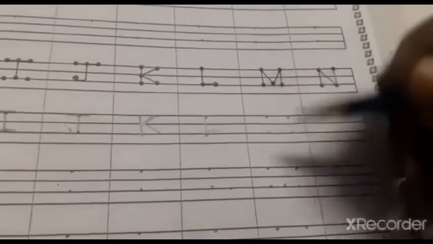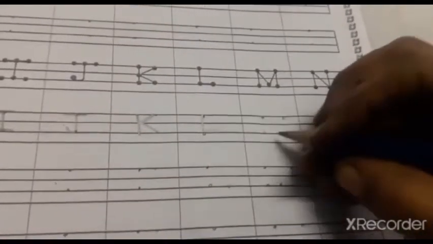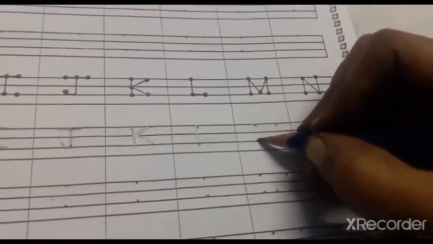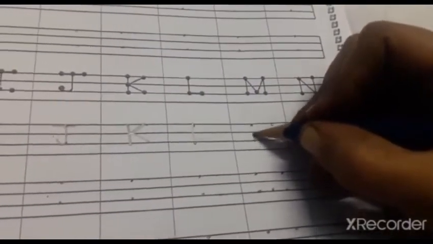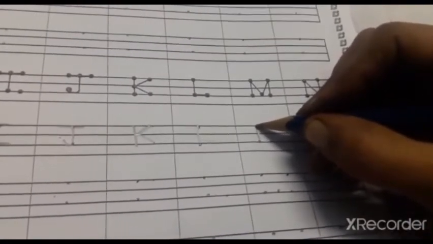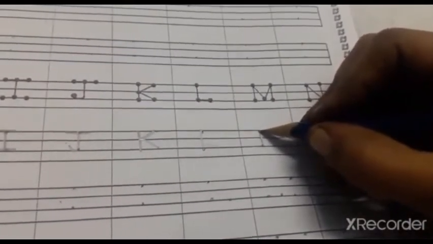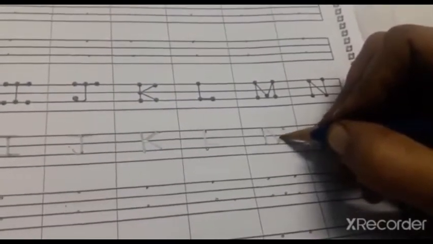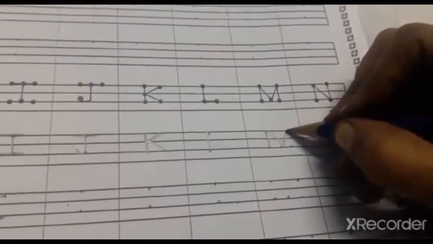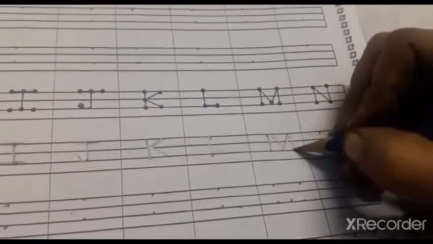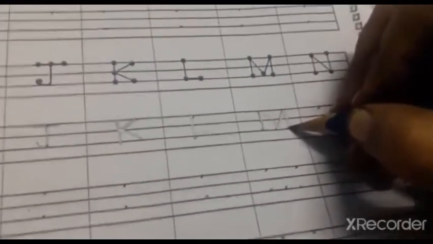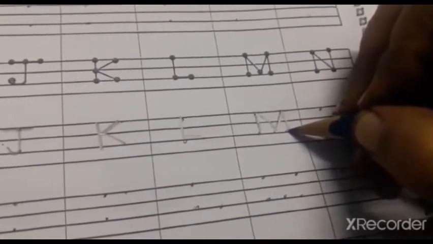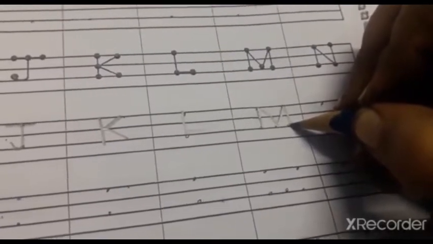Letter M. So keep the pencil. Can you see the dots? Keep the pencil on the dot, bottom dot. From there, we'll be drawing a standing line towards the upper dot, and from there, we'll be drawing a slanting line. Again, a slanting line, and then a standing line. This is how we are going to write capital letter M. 2 standing lines and 2 slanting lines will form capital letter M.